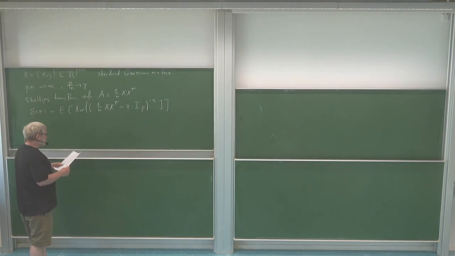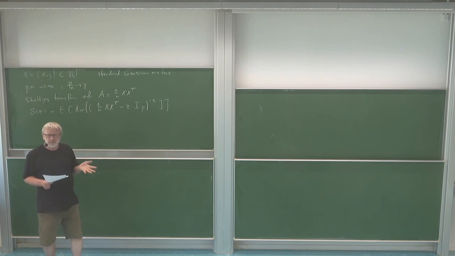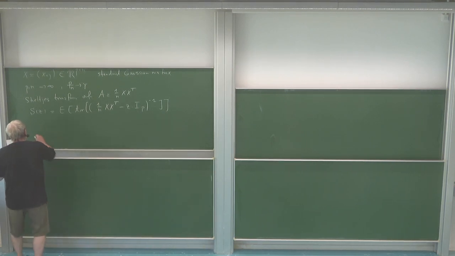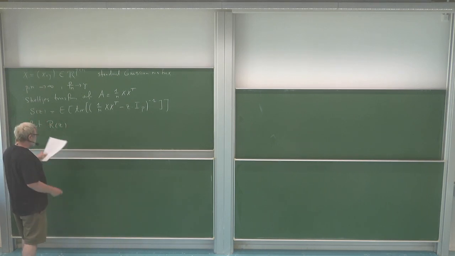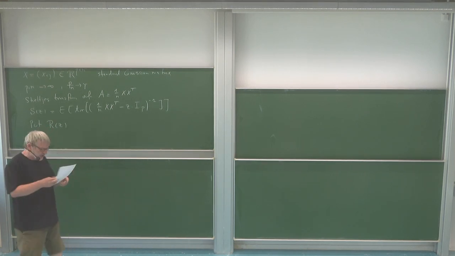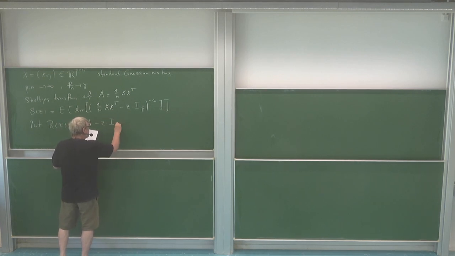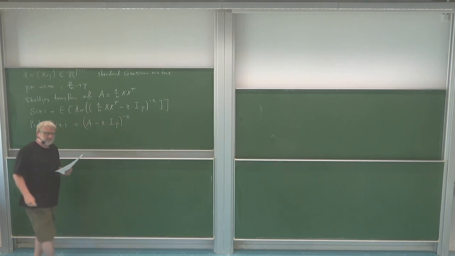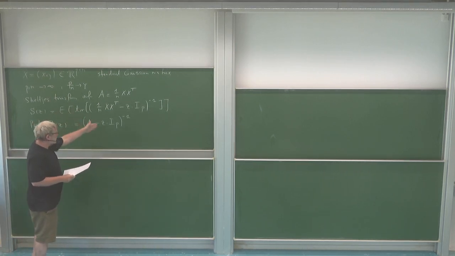Good. In particular, what I have here is the resolvent of this guy. Let me give a notation to this, because we will really calculate with this. R of Z, that's essentially the Stieltjes transform, but without the trace and without the expectation. So that's just the resolvent of my operator, which is (A minus Z times the identity) to the minus 1. And the Stieltjes transform is just the expectation and the trace of the resolvent.